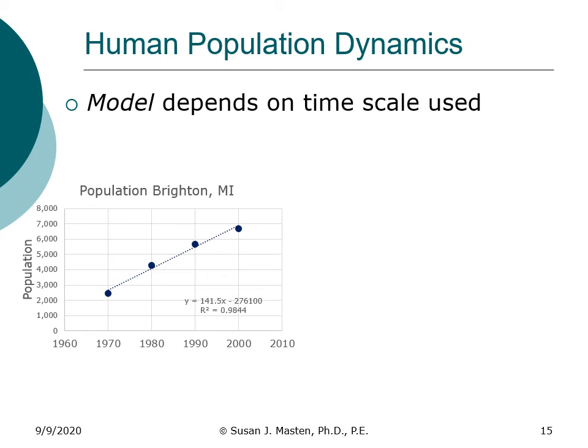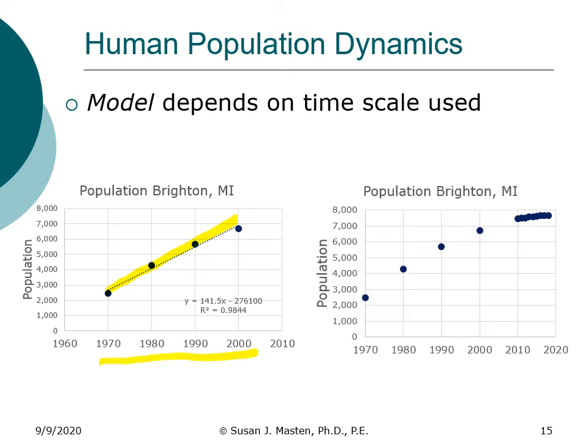For instance, if we were to look at the population of Brighton between 1970 and 2000, it looks quite linear with an R squared of 0.98. On the other hand, if we add the data for 2010,